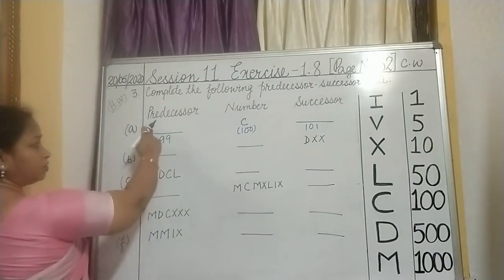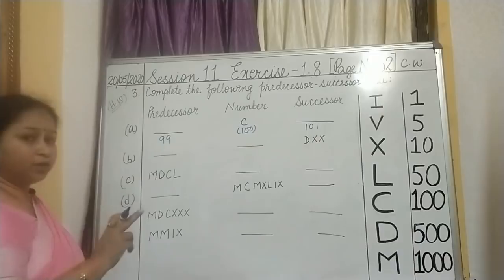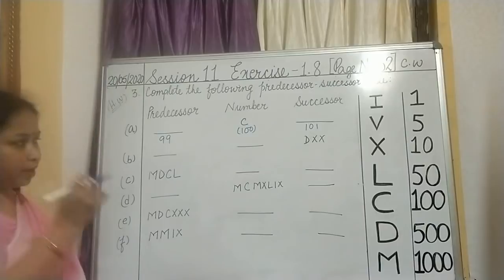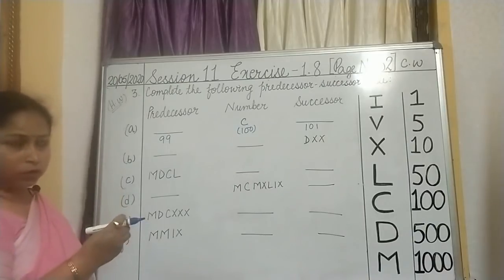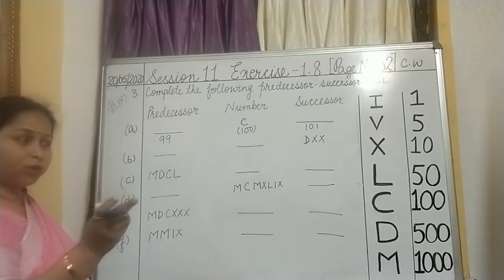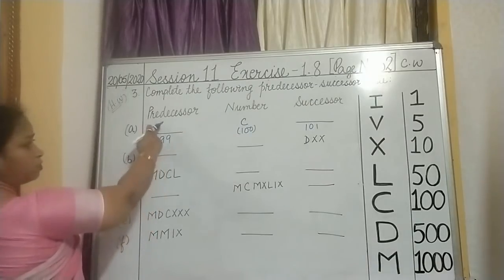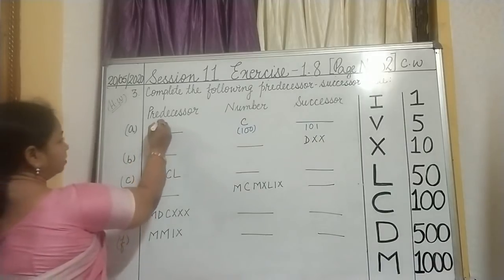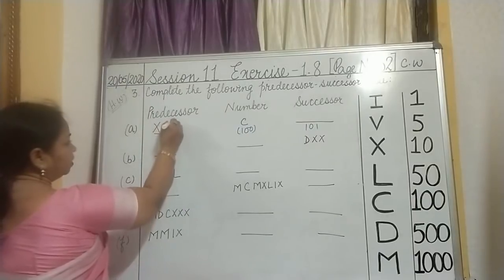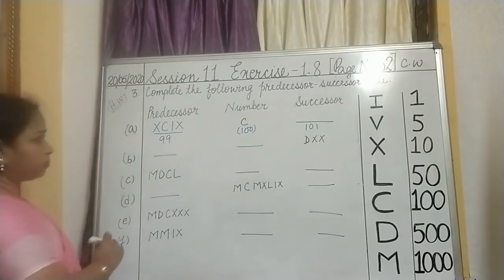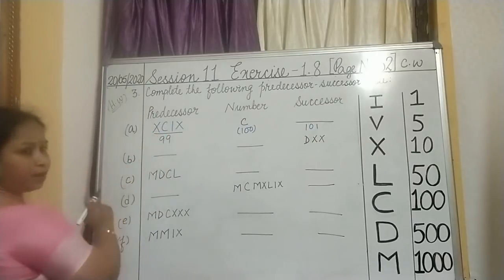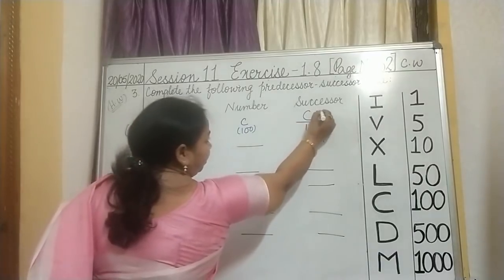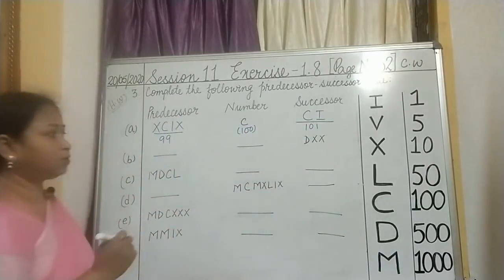So now let us write down the value of predecessor in Roman numerals. This is for our own knowledge of what we are going to change. But the answer we have to give in Roman numbers. So what will be the predecessor? 99. I have told you how to write 99, isn't it? So we will write it XCIX. Got it? 100 minus 10, 90, and this is 9. How to write successor? C stands for 100 and I stands for 1. So the answer is CI.